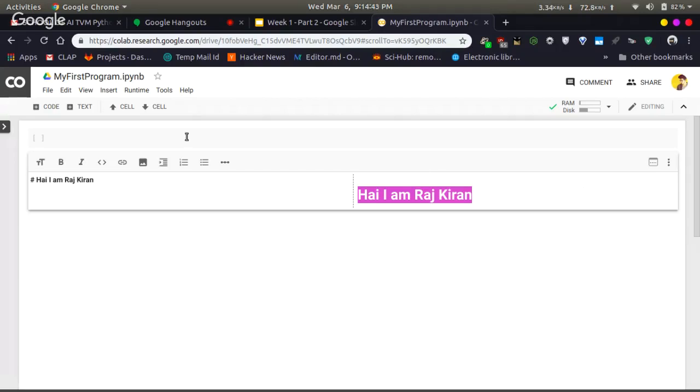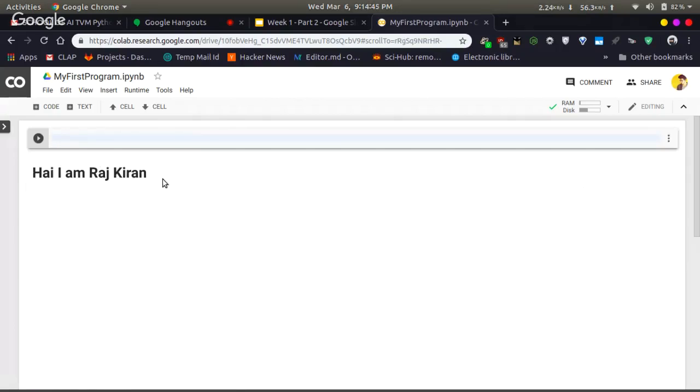So when you click on the cell above, it becomes a heading. You can look up the different options available for editing in Markdown. Just Google for Markdown cheat sheets, Markdown shortcuts, all those things, and you will get plenty of resources on how to use Markdown.